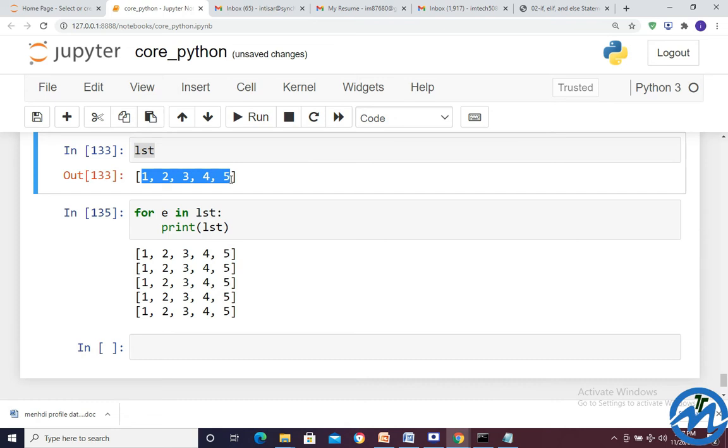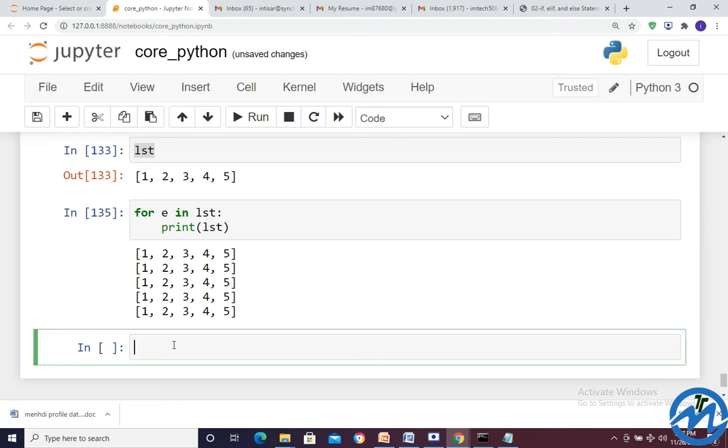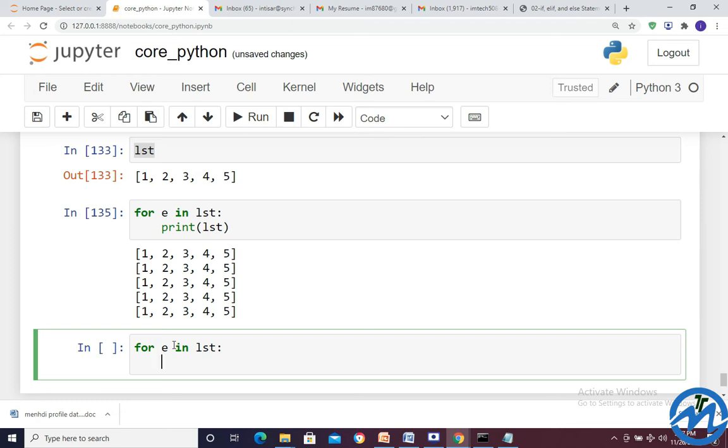Next we can go ahead and write some scenarios in which we can do multiplication, addition and all. So let's see here. For E in LST colon, and then print.